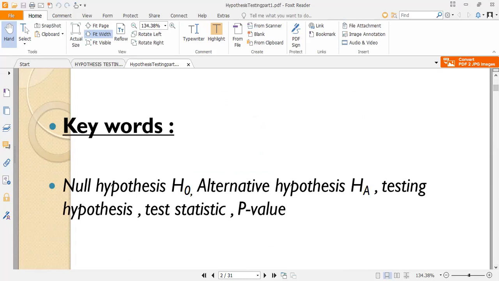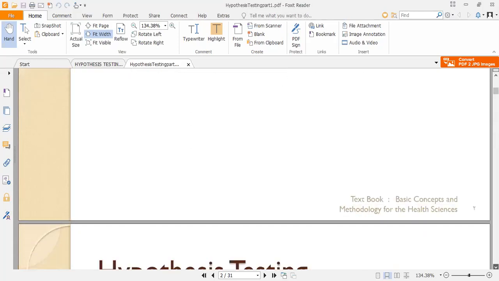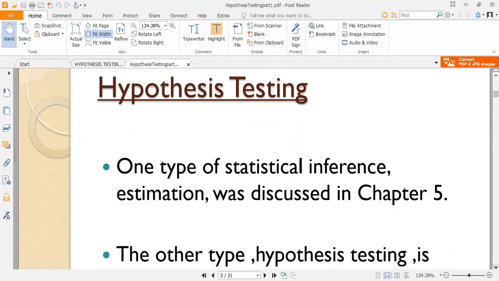We also have the p-value. We also have the test statistic, which is the Z calculated or the T calculated, and also the process of testing the hypothesis. So these are the key terms that we're going to use. And to start with,